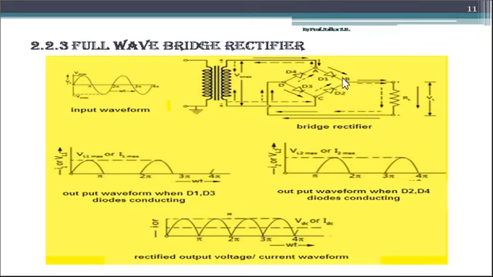Now the wave travels through point B, as shown by a solid arrow, and comes across the load RL. Load RL gives us the voltage VL, which is positive with respect to this terminal. Now this positive half of the input AC signal travels through RL. You have to follow the solid line, and it goes through this path and enters at the point D.